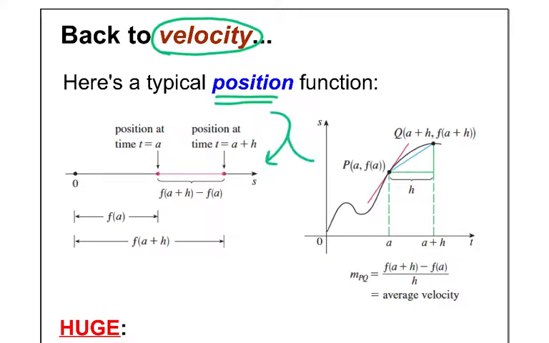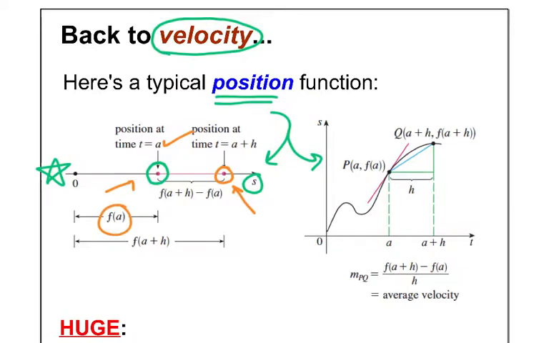Now there's two ways of drawing a position graph here, folks. We can say if this is my one-dimensional graph, this is just position. S stands for position. And as time goes by, at certain time periods, we have certain points on the graph. For example, at time equals a seconds or a minutes or a hours, I'm right there. That's my S position. But maybe h time later, when I'm at a plus h, that's my position over there. So this one-dimensional graph only gives you little points here and there. At time equals a, your position value would be f